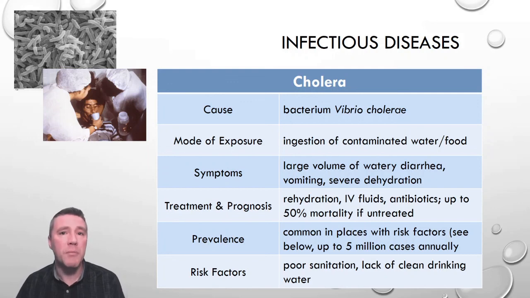Affecting up to 5 million people worldwide, cholera results in the death of well over 100,000 people annually. The best defenses against cholera include preventative ones like improved sanitation, especially access to clean water. In the last 200 years, there have been 7 cholera pandemics, occurring in geographically diverse areas from Kolkata, India, to Paris, France, to Tokyo, Japan, to Mecca, Saudi Arabia, and even killed U.S. President James Polk.